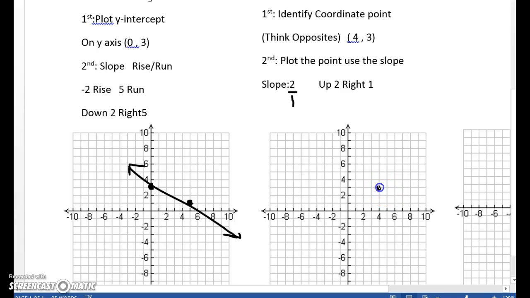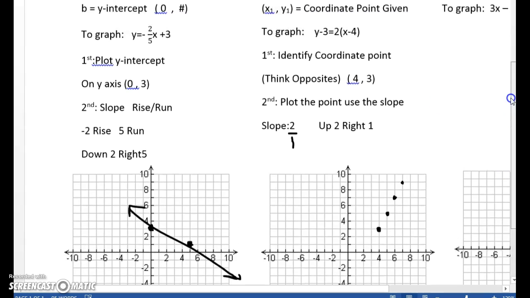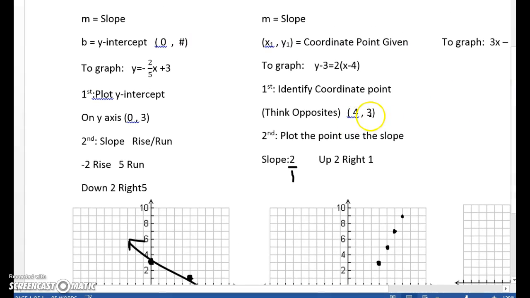All right, we have that right there. And then for the rest of my information, I need to go up 2 to the right 1. All right, now I'd recommend doing this pattern a couple times to give yourself some more coordinate points to work with there. So continually going up 2 to the right 1. Notice how we don't know what our y-intercept is going to be. That's okay. When we're graphing from point slope, right, all we need is that coordinate point, and we need to